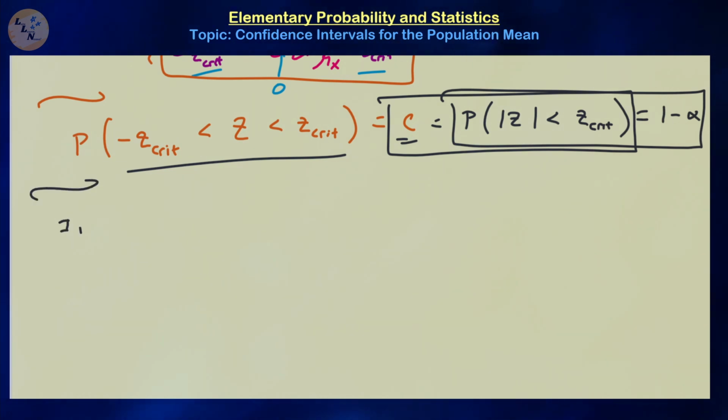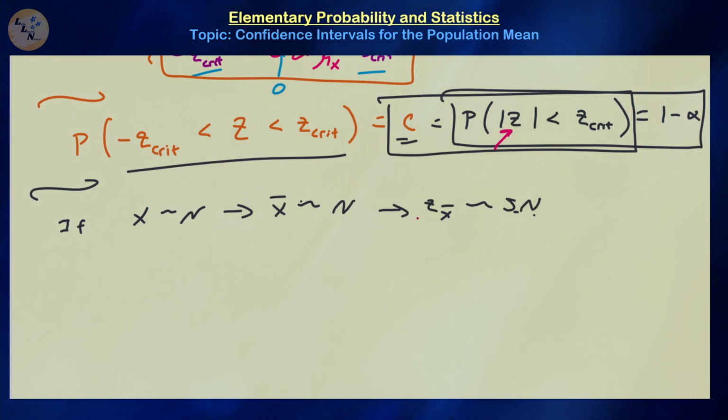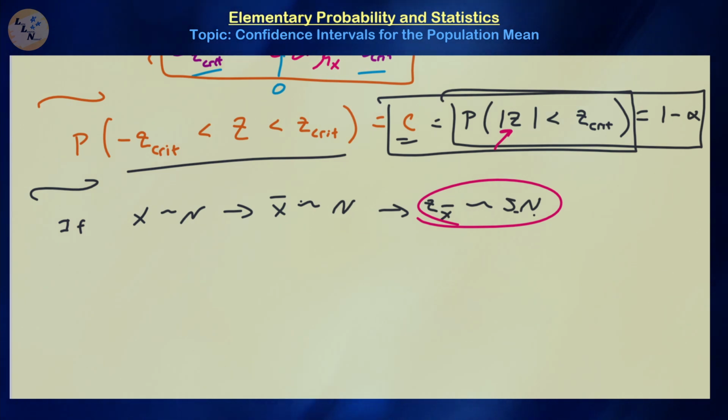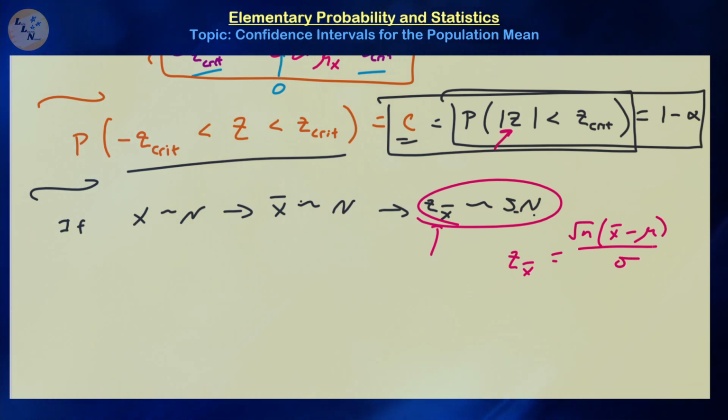So remember, if x is associated to a normal distribution, that means x bar is associated to a normal distribution. That means the z-score for these averages is associated to a standard normal distribution. So one particular variable that is associated to a z distribution or a normal distribution is going to be the z-score for the sample mean, which is x bar. So what is the z-score for a sample mean? Remember, the z-score for the sample mean is going to be equal to the square root of n times x bar minus mu divided by sigma, where mu and sigma are the mean and standard deviation of the population